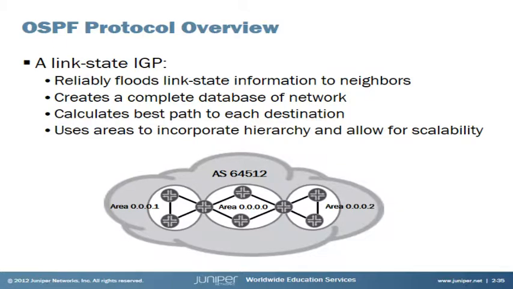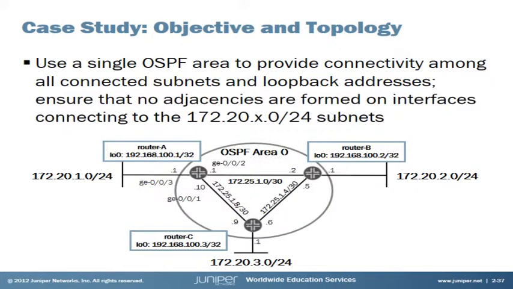Okay, so we're looking at a link state IGP, a single OSPF area. We're going to use a single OSPF area to provide connectivity among all connected subnets and loopback interfaces. We're going to ensure that no adjacencies are formed. So this is our little goal here, our little project that we're going to do. We're going to ensure that no adjacencies are formed on interfaces connecting to the